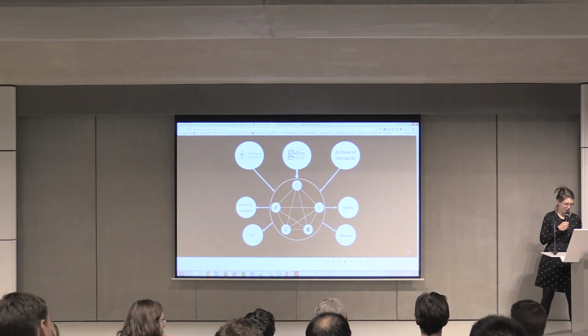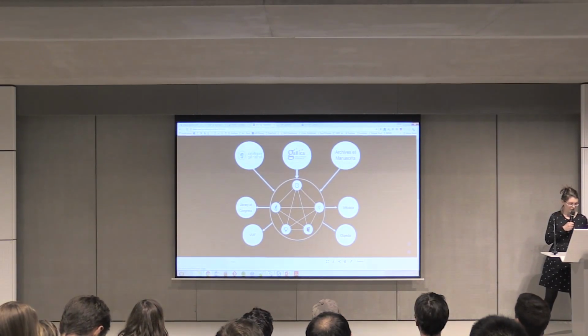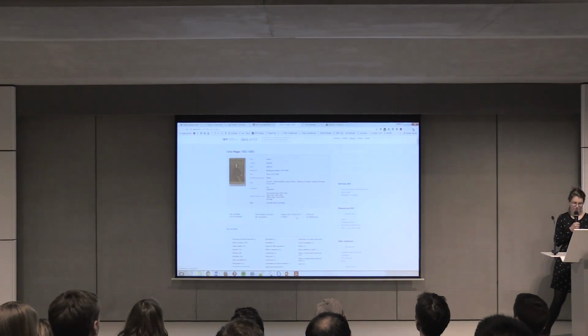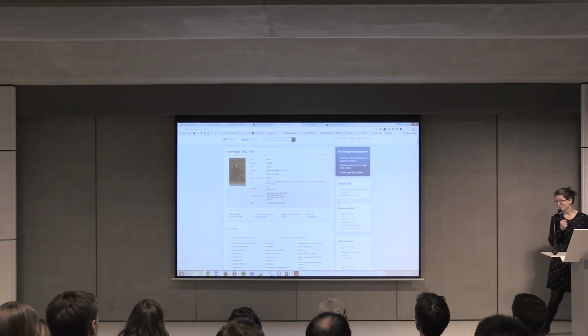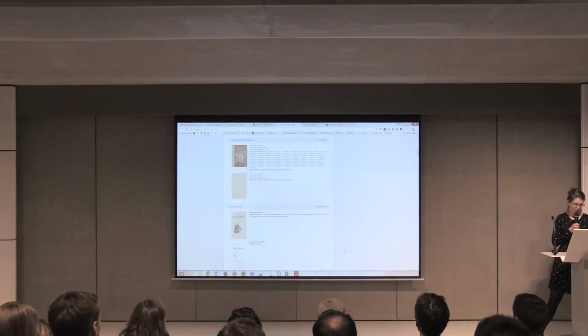For instance, maybe I can show you the VIAF process. Well, this is the page of Victor Hugo on the data.bnf.fr website. As you can see, there are a lot of documents in it, and we have documents from the digital library.